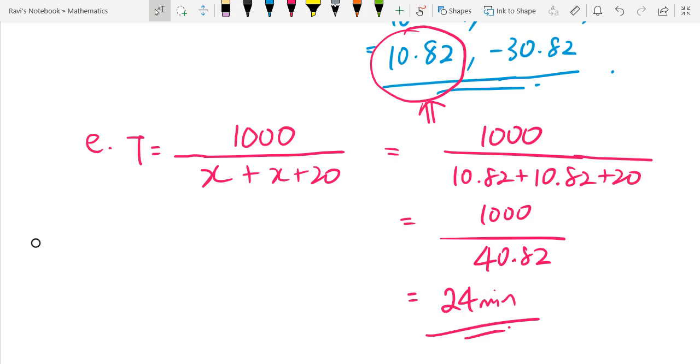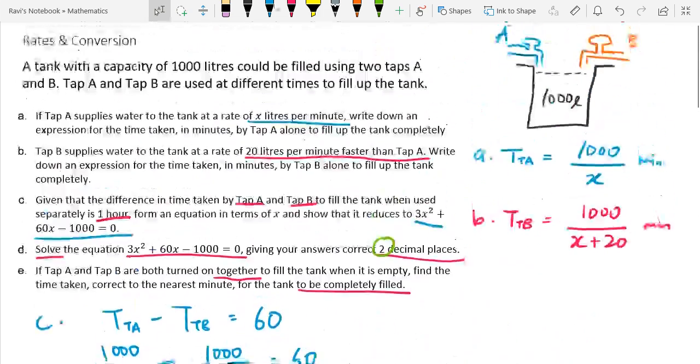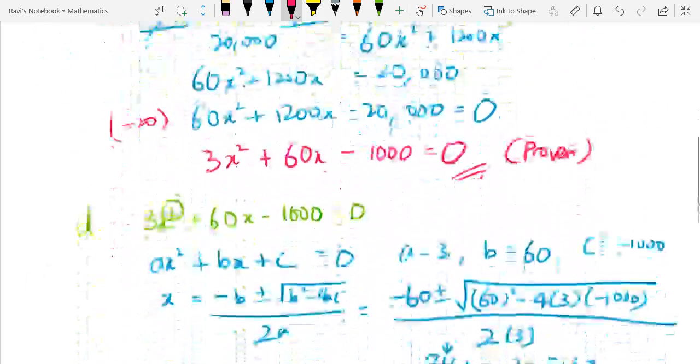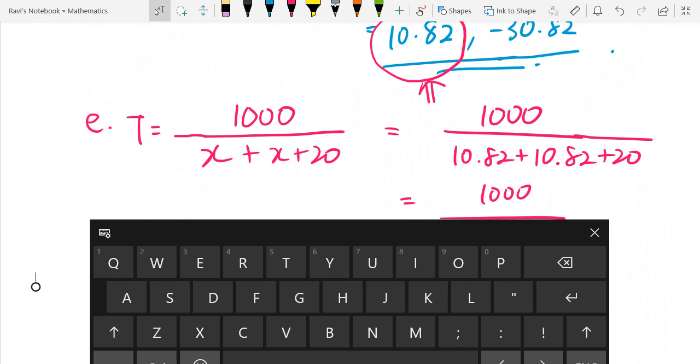So that is about it. This is a long question, but as you can see, systematically, if you do it step by step, you will be able to solve all the answers. And of course, in the exam and the test, you should always go back and check to see that all your working is correct, before deciding to